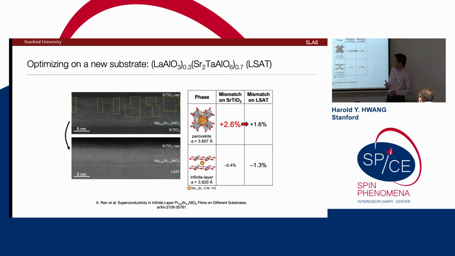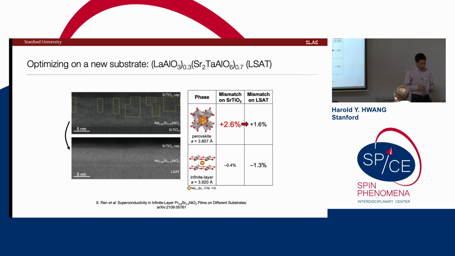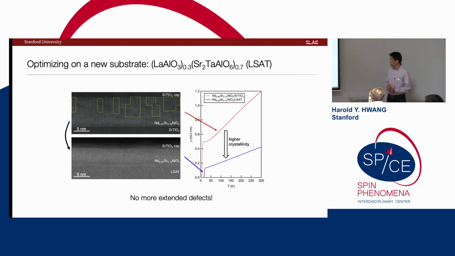And so a next step might be to say, OK, maybe we can split the balance a little bit. Can we get to a range where we can kind of force stabilize and avoid these sorts of strain-dependent defect formations? Right? So that was the logic of moving to a different substrate that kind of splits this difference. And indeed, we can grow very nice films where we don't see these sorts of apparent defect formation.